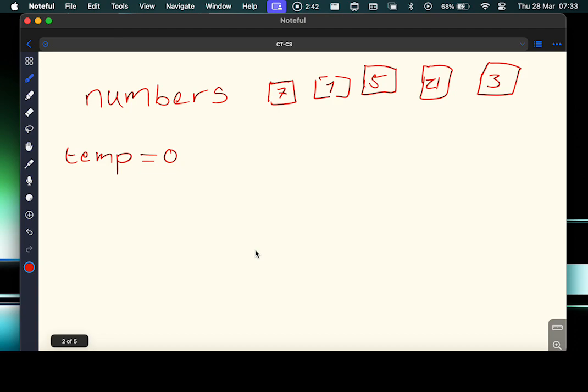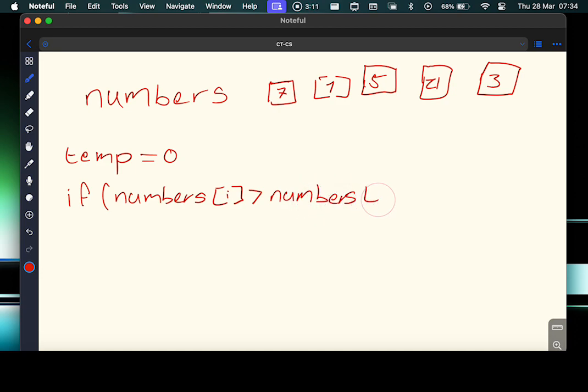Then I'm going to say something like, if numbers at position i, and remember this will be in a loop, I'm just showing you the basic code, we'll look at the code properly in a second, is bigger than numbers in position i plus 1,